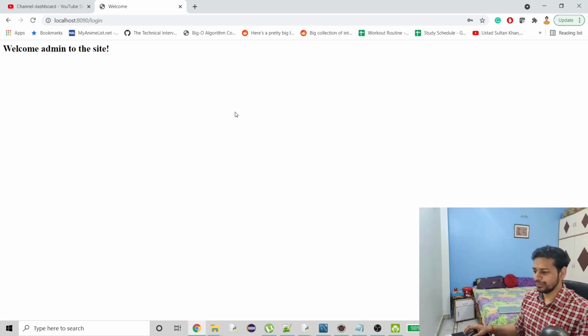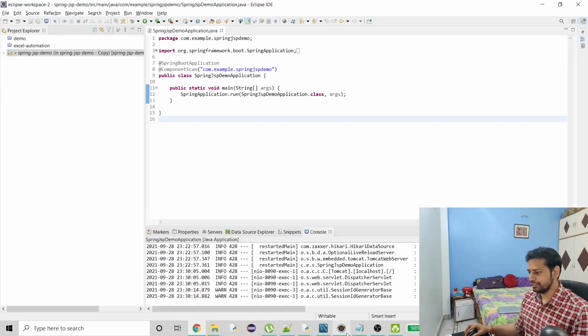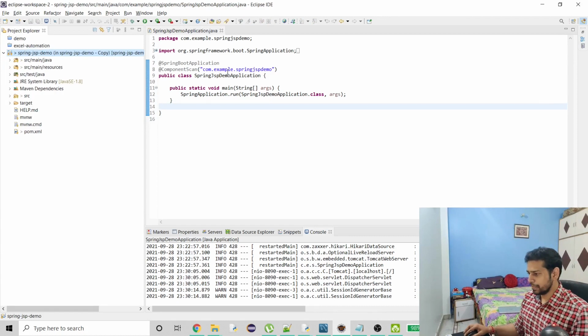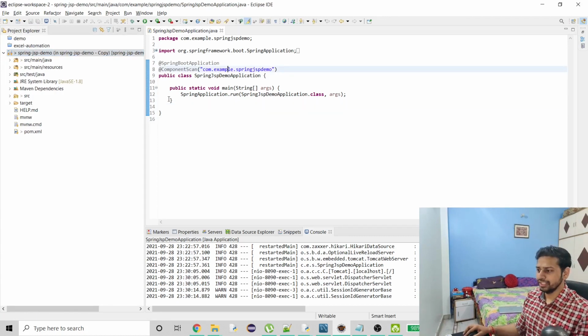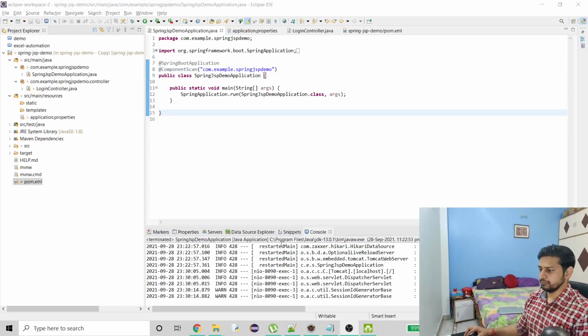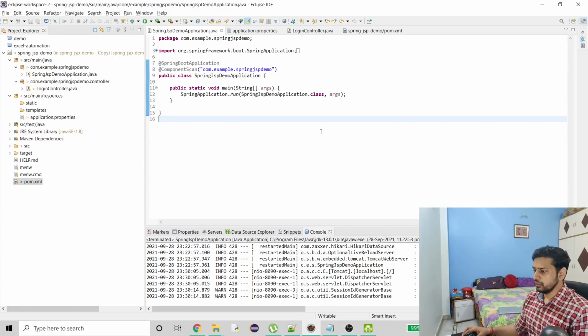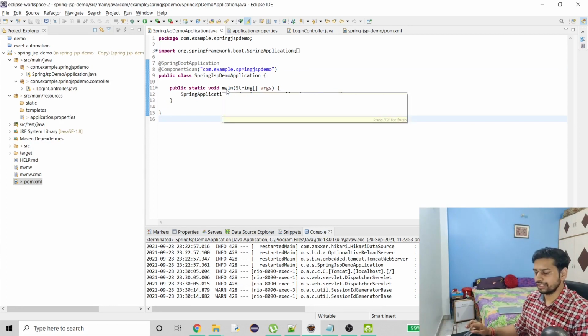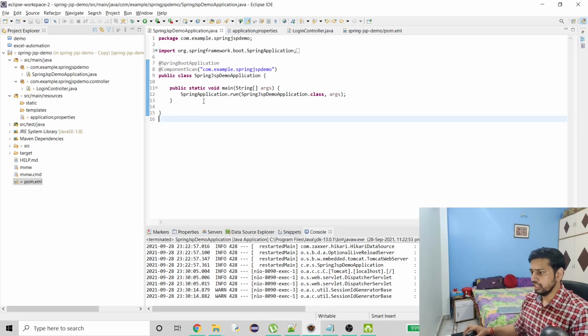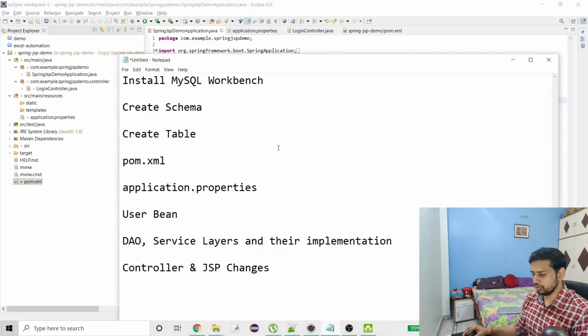So yeah, now let's see what we have to do, but first let me clean this up, and I have to delete a lot of things, then we can slowly work on it. Okay, so the code right now is exactly like what we had in part 2 of this series. So what we have to do is in a sequence.